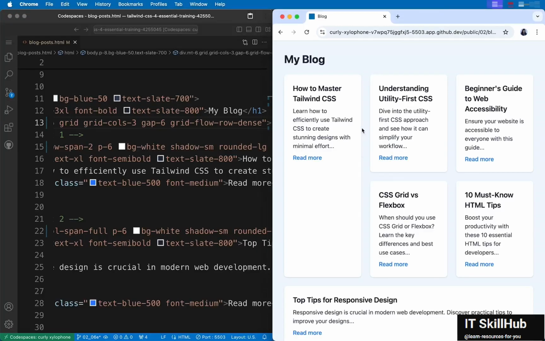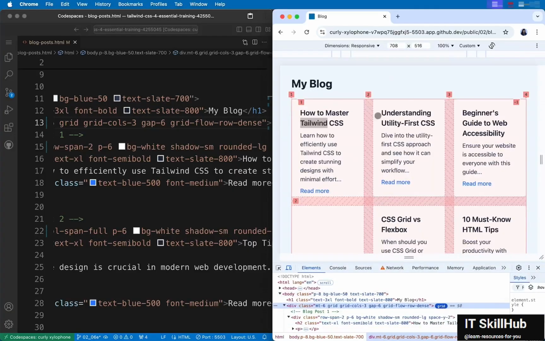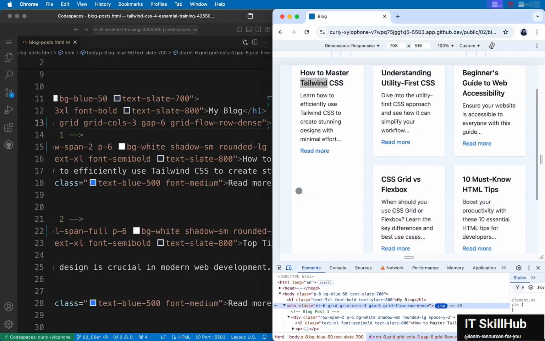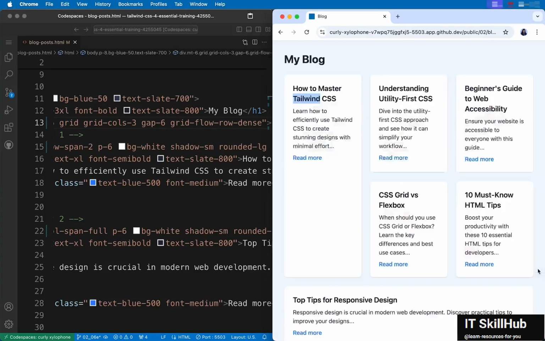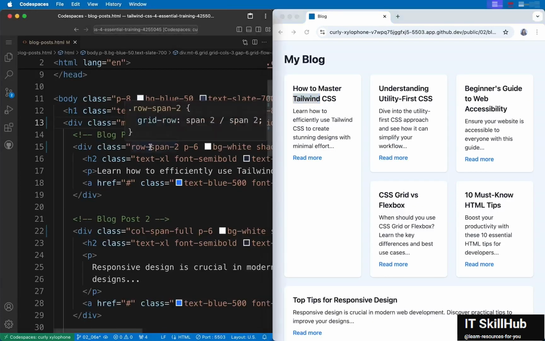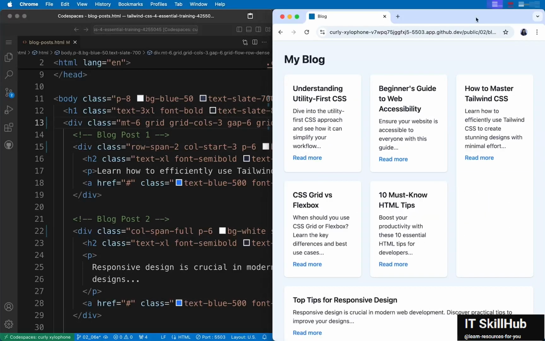You can also make an item start from a different column number or a row number if needed. So let me inspect element and turn the grid lines on. So you see some numbers here, right? The ones on the top, 1, 2, 3, and 4, are column numbers, and the ones on the left are the row numbers. They both start from 1. So we have 4 column lines. Now if you want the first item here to start from column number 3 instead of column number 1, we can do that using the utility class col-start and then specify the number. So now that we need col-start-3, we can do that, and now see that it's gone there, and the other items shift accordingly. You can do the same thing with rows as well.